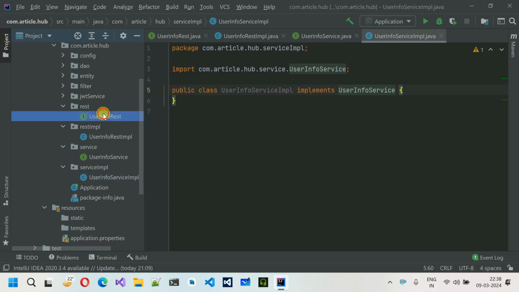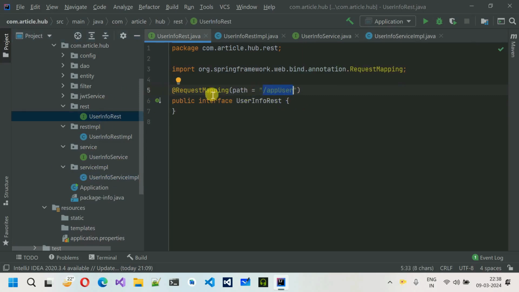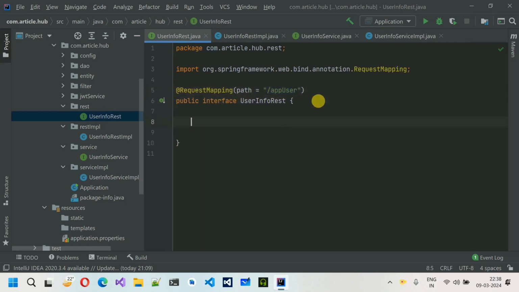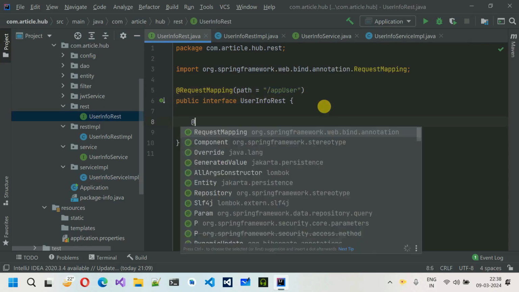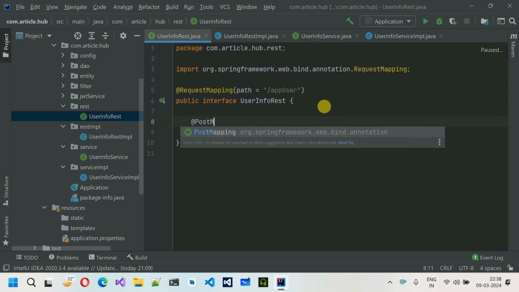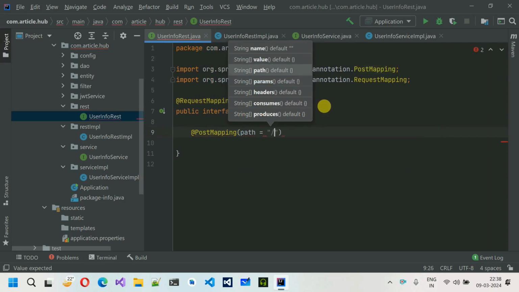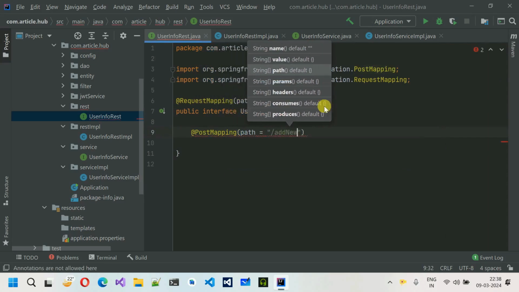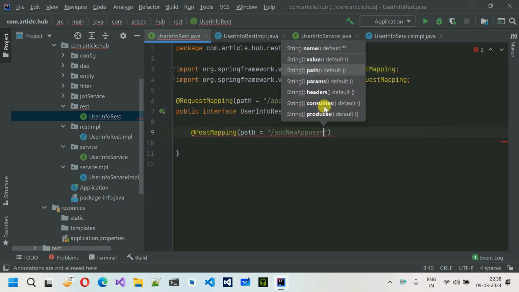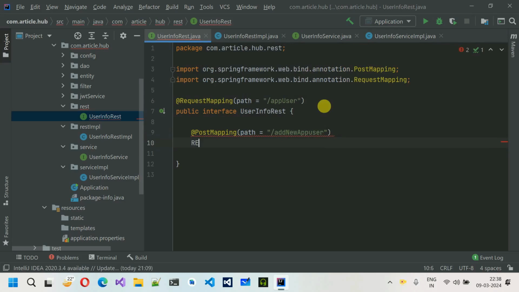So move back to the UserInfoREST. Over here we have already added @RequestMapping, and for the path we have added /appuser. After this I'm going to define one endpoint for the sign up. First we have to add the sign up one, so that will be @PostMapping, and for this one I'm going to give a path, /addnewappuser, and this will return a response